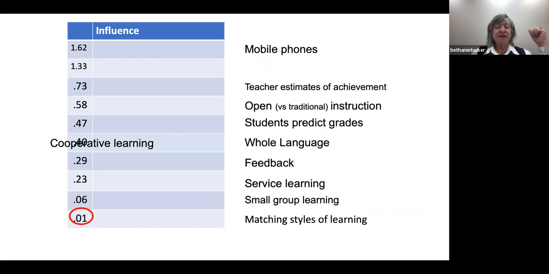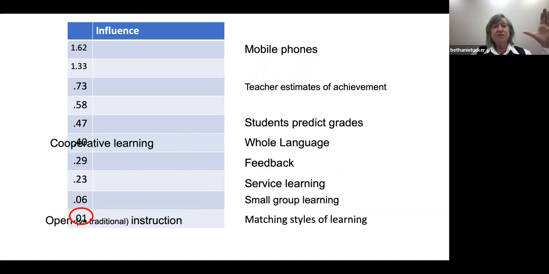Now, which one would have an effect size of 0.01, which means that it is a loser, it's a disaster? It is open instruction. Now, we don't see this very often at the college level, but we do know that sometimes we make an attempt to teach everything underneath the rubric of let's all go out into the commons area and learn about life. Researchers tell us that this is not as effective as some of the other approaches that we can use. Another disaster is whole language. This is not a college concept, but